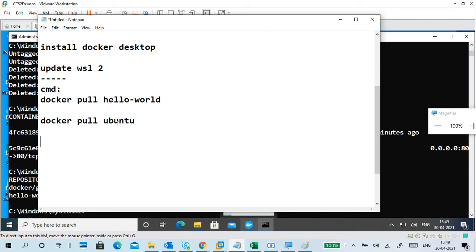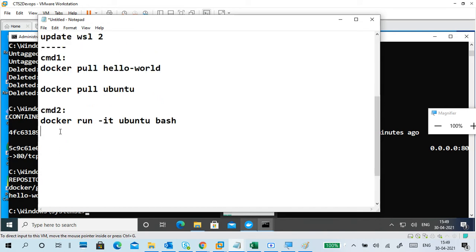This is pulling the image. Next, I went to another CMD to separate the things. For example, this is CMD1 and this is CMD2. Docker run -it, interactive terminal, on Ubuntu and Bash. So the connectivity type is Bash only.